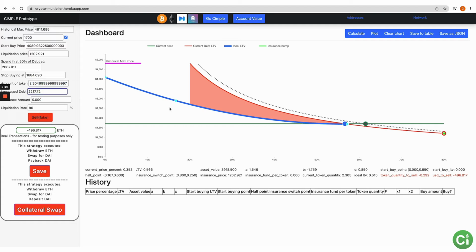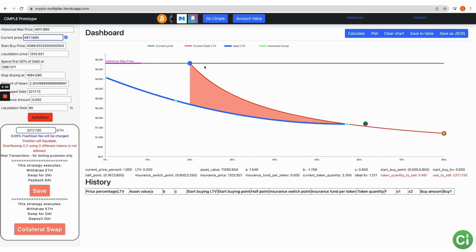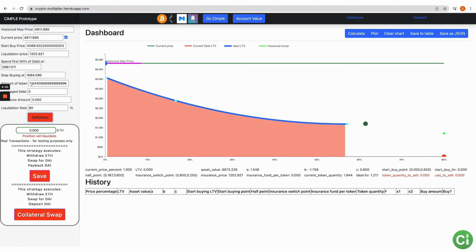So let's take the price and go up to the historic max. Let's copy this and paste it there and see what that says, okay? So it's selling at the absolute top of there, and let's do a fake sell. Now we went from 1 token to 1.84 tokens, right? So we increased by 84, almost 85% increase in the quantity of tokens with 1 purchase and 1 sale, right? So it's buying at the lowest, selling at the highest, right?